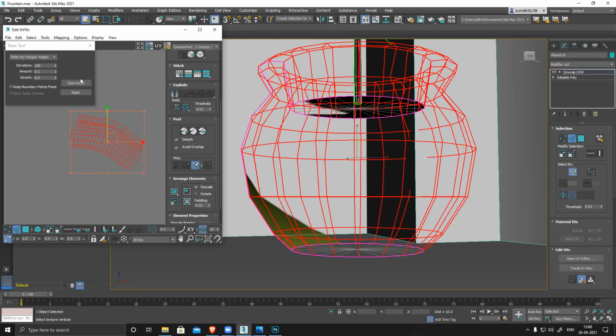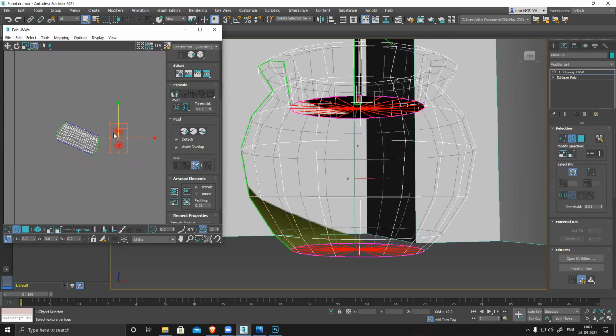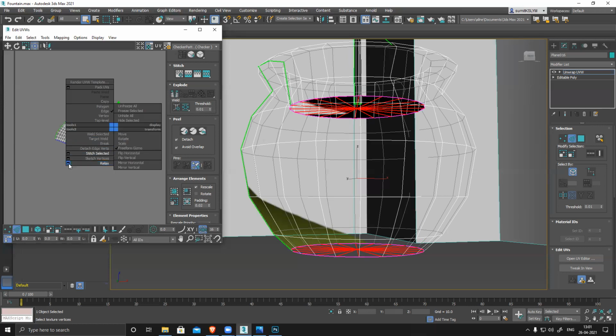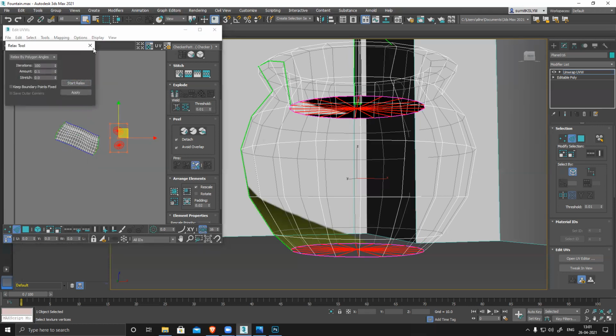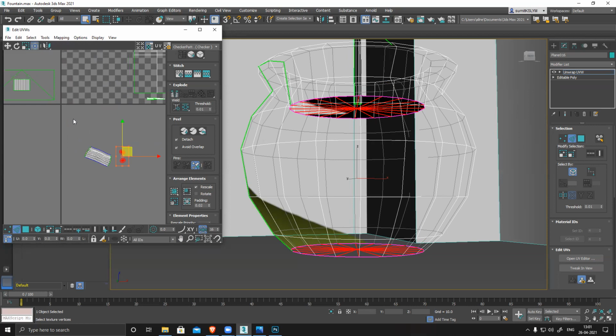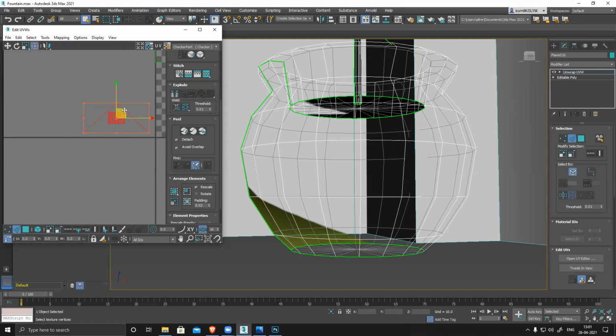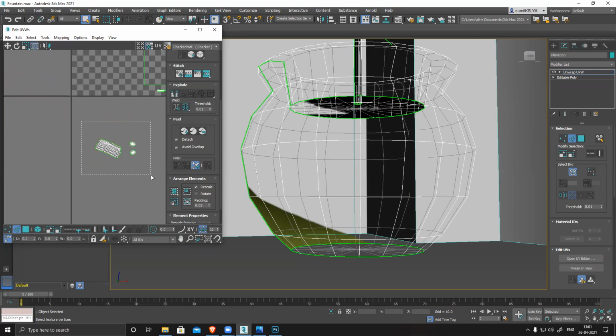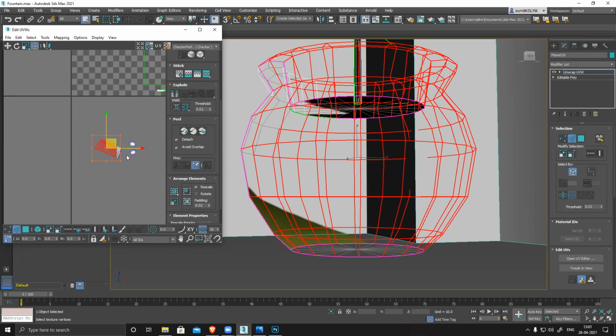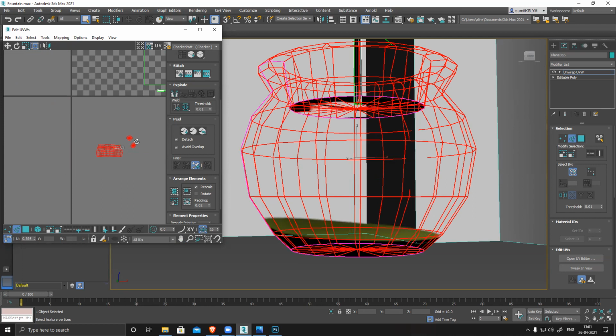And then select the entire thing, relax one more time. So it's perfectly unwrapped now. Now this part I can keep aside, and then select this one, the entire thing, rotate.